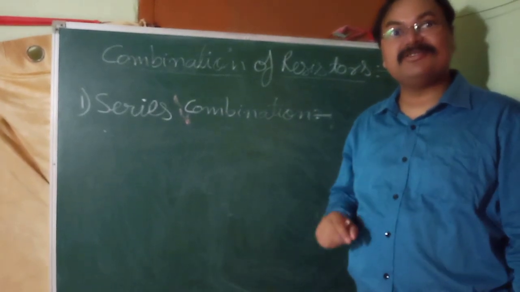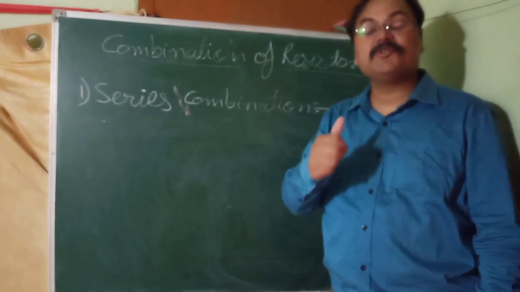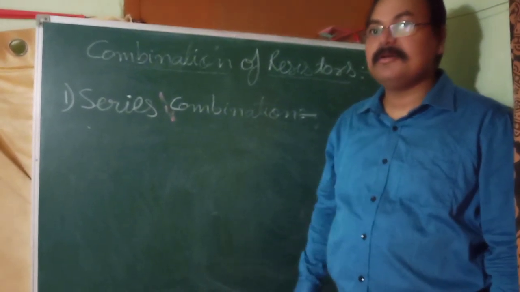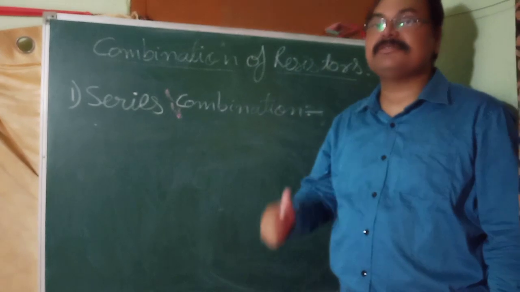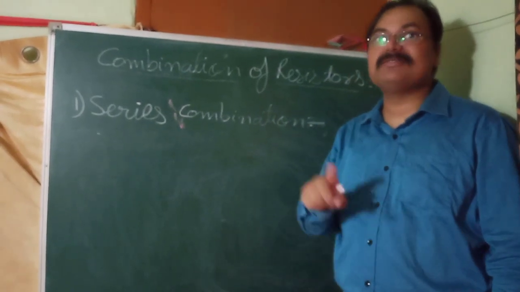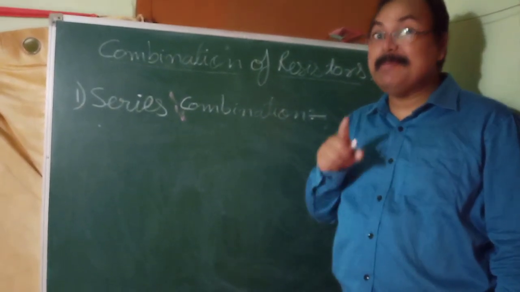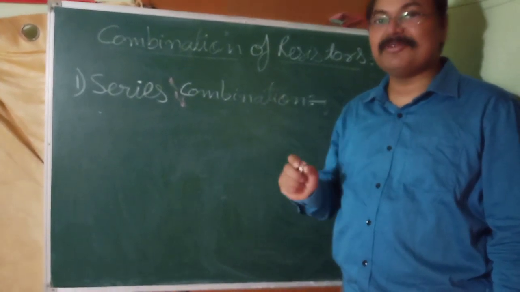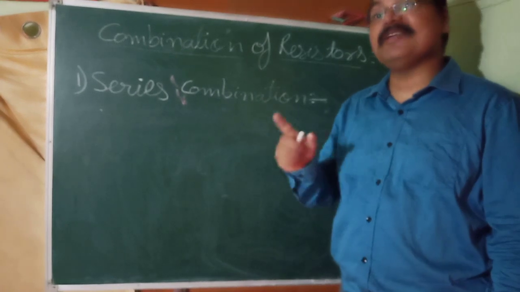So what is the first condition? Same current passes through all the resistors and potential difference across them may be different. Okay, it may be different, it may be same. That's why we are using the word may be different,